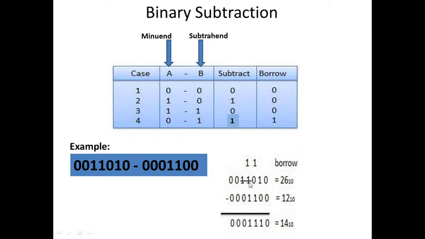Now come to the next. So here there is 0 minus 1 again. You need to borrow. Borrow from again neighbor. So again it is 1. Here it became 0 minus 0 is 0. 0 minus 0 is 0. 0 minus 0 is 0. Okay, please try it out on your own. In case of any difficulties, let me know.